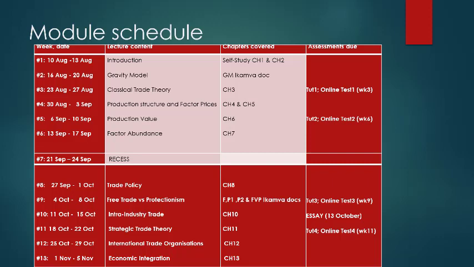So we'll look at countries, because it relates to trade models. Obviously we can have these trade models based on certain assumptions.